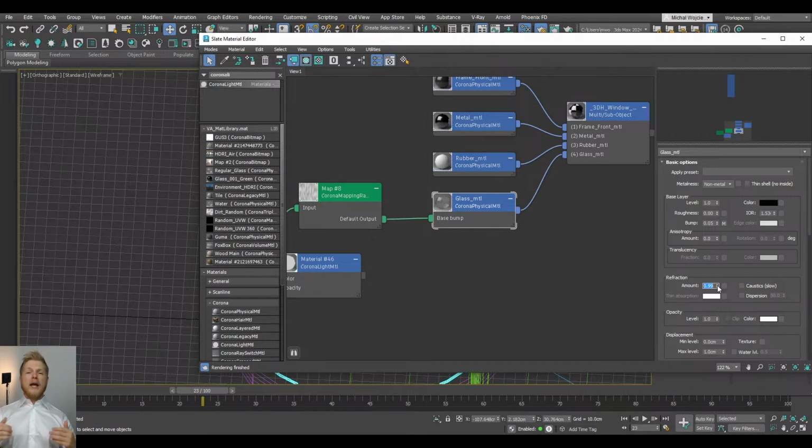That way, each pass that Corona is rendering is going to be way better for the glass, because not only is it going to be losing light, so more light is going to be produced from the other sources, but also by refracting it, it's going to be blurry, so it's going to be taken care of faster by anti-aliasing, and we're not going to get those extra dots,